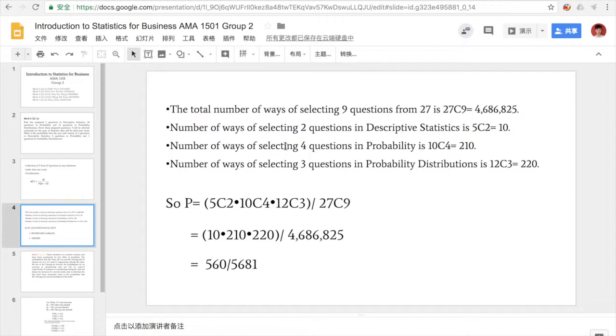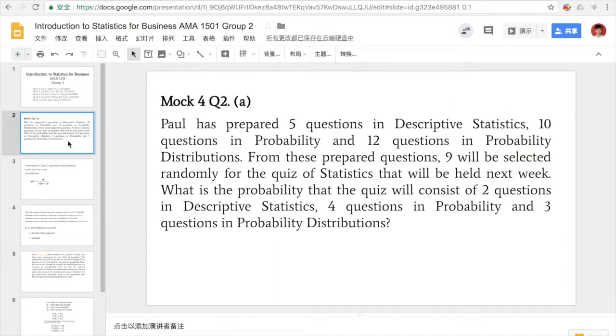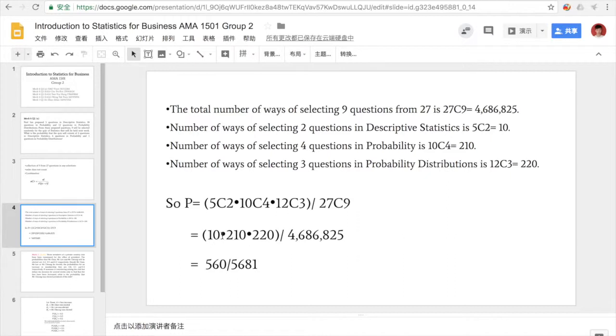The number of ways of selecting 2 questions in descriptive statistics is 5 choose 2 equals 10. The number of ways of selecting 4 questions in probability is 10 choose 4 equals 210. The number of ways of selecting 3 questions in probability distribution is 12 choose 3 equals 220. So the total number of ways of selecting